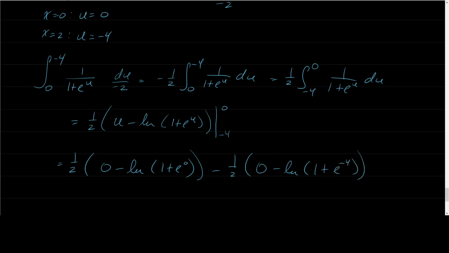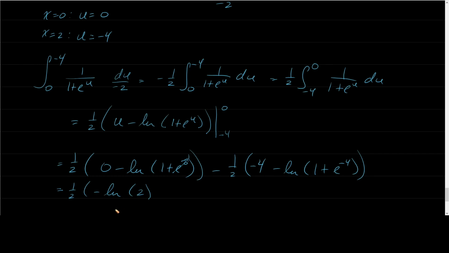But where did I get that second 0 from? That's awful. That should be negative 4. There we go. So what do we get? Well, let's think about this. e to the 0 is 1. So what I get here is 1 half times negative ln of, well, 1 plus 1 is 2. So 1 half